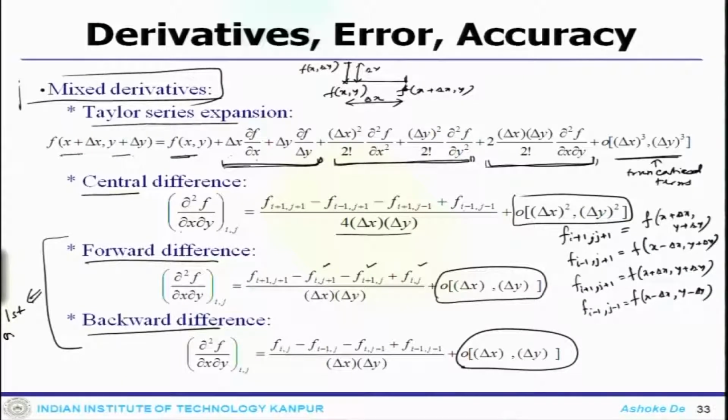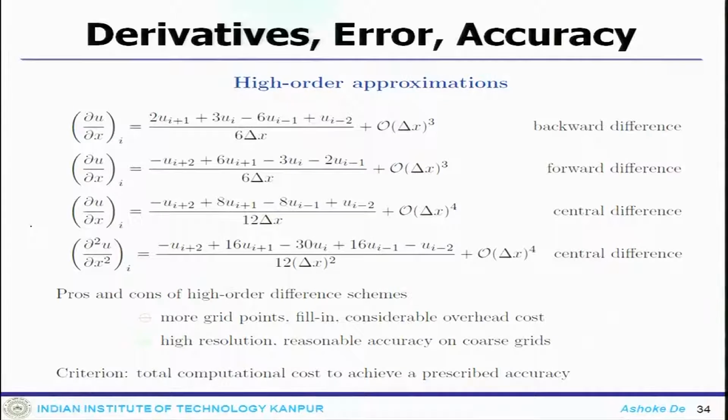first order accurate. So, that is true for first derivative, that is true for second derivative, that is true for f prime, that is true for f double prime, that is true for f double prime xy, even mixed derivative, and central difference scheme is always second order accurate. So, that is true for first derivative, second derivative, higher derivative or the mixed derivative. So, this is what is expected.